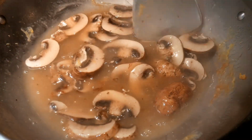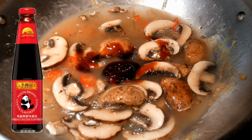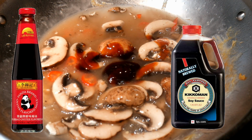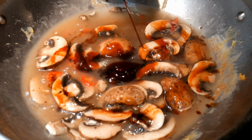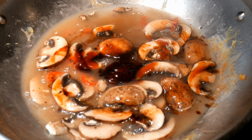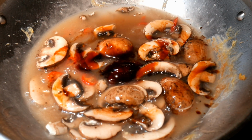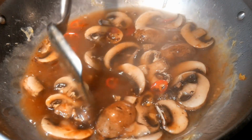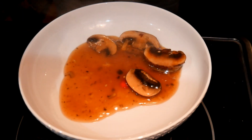And next, I'm going to season the gravy with a combination of oyster sauce as well as some soy sauce. Again, you can season it in many different ways how you like it. There are many options, but this seems to be the combination that I am looking for. So, okay. Now you finish making this gravy, and the mushroom worked out really well. And you notice that the mushroom is only very lightly cooked, and that seems to me the perfect way to